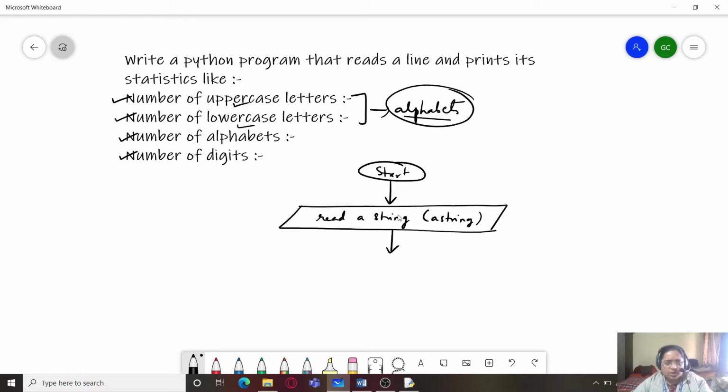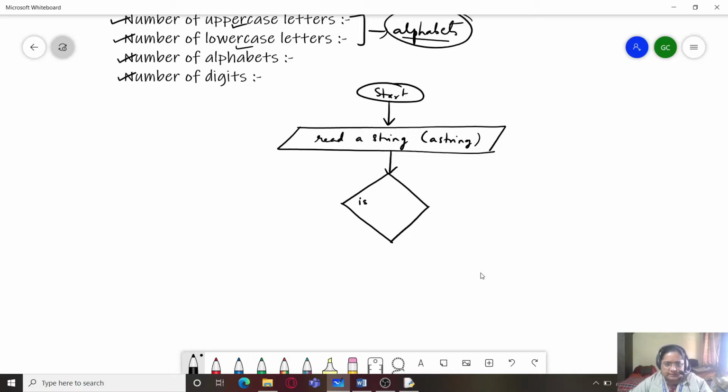Now for every character of the string, we will be taking every character of the string. Is there at least one character in the string? If there is, even if there is one character in the string, we will move to the next part where we will be fetching one character.